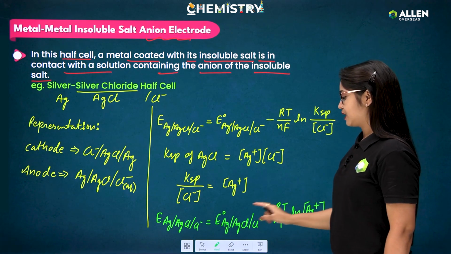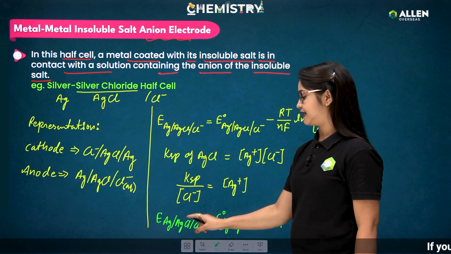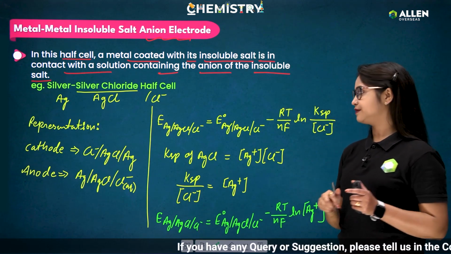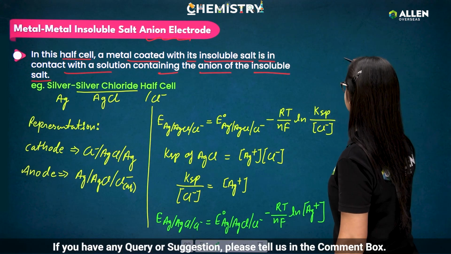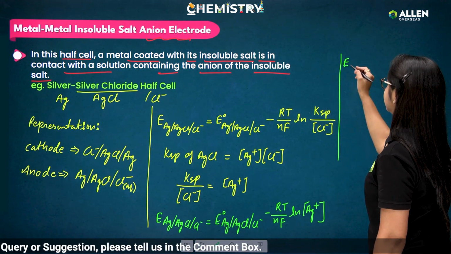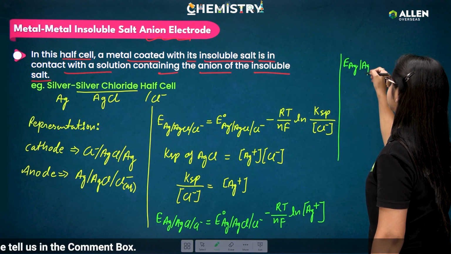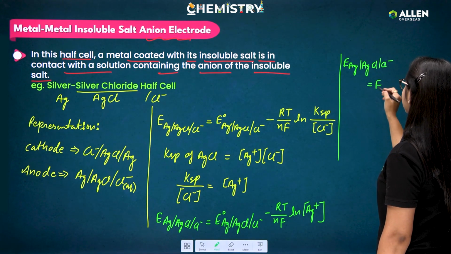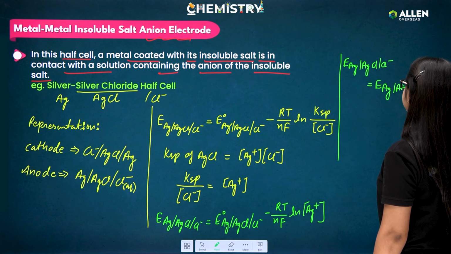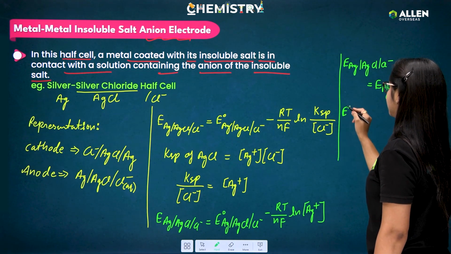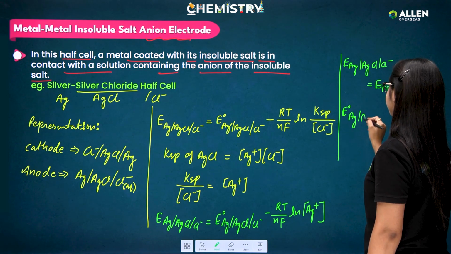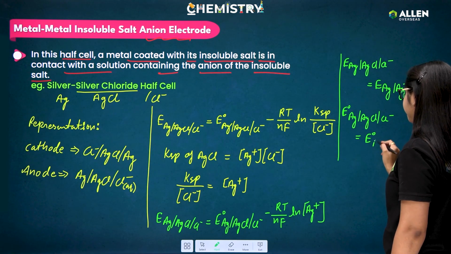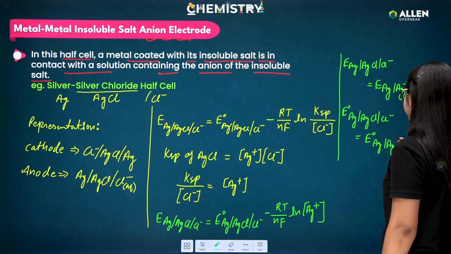this term E of AgCl, Cl minus can be written as E of Ag plus. Okay, similarly E naught of AgCl, Cl minus can be written as E naught of Ag plus. Okay, we can replace